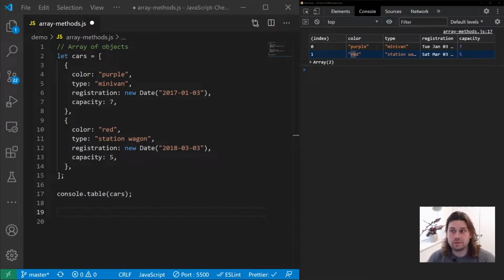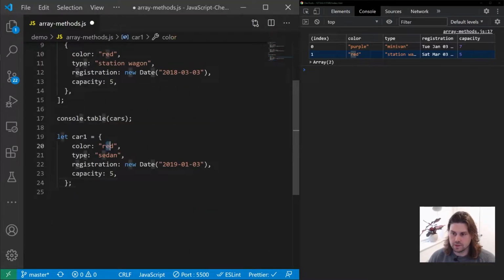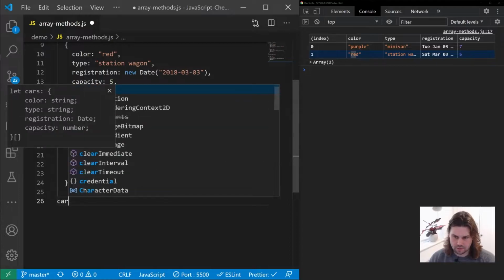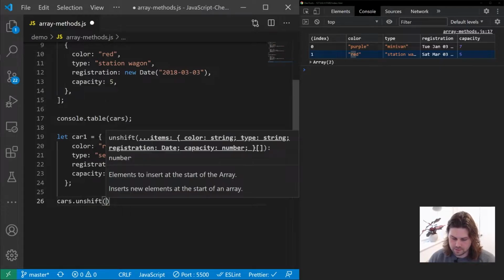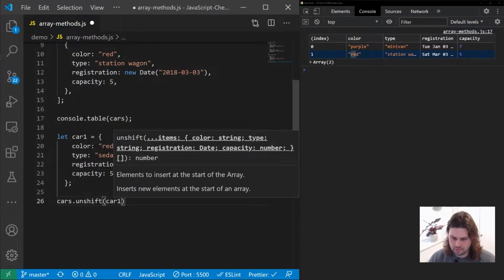So the first array method we're going to use is something called unshift, and all unshift is going to do is add an object at the beginning of our array. So let's go ahead and take another object and we'll call it car1, and it's a red sedan registered on this date with a capacity of 5. All we're going to do is take our cars array and call unshift like that, and we're going to put in car1,